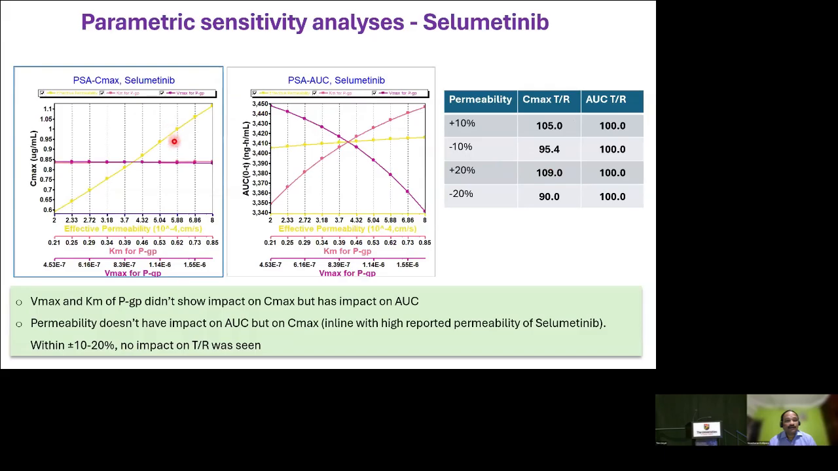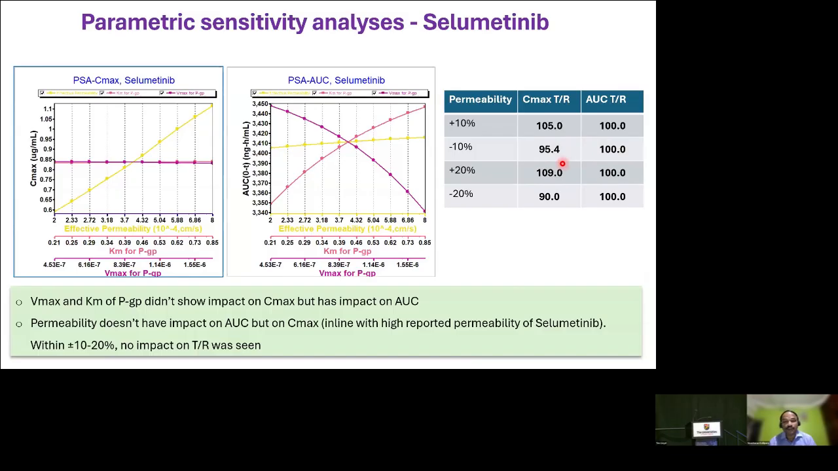In the next example, selumetinib, again, the permeability alterations have significant impact on the Cmax, but not on the AUC. And the transporter kinetics have significant impact on the AUC. And again, this molecule is a little robust with respect to the permeability alterations. And within plus or minus 10% as well as 20%, there is no impact on the T/R ratios